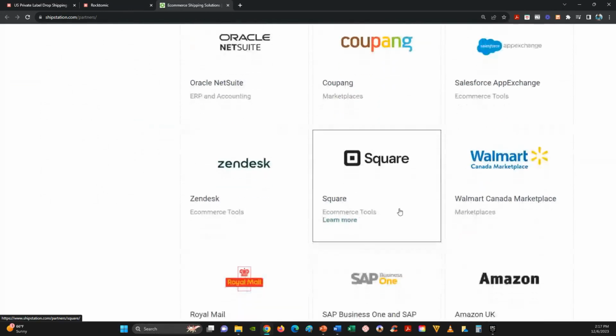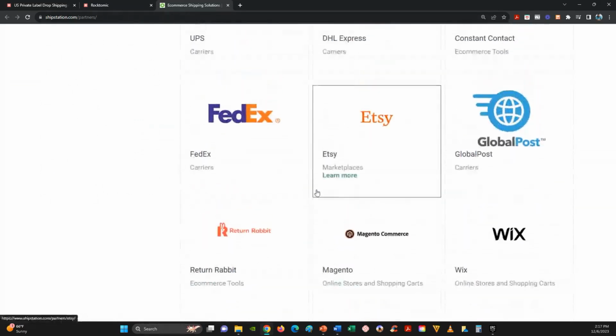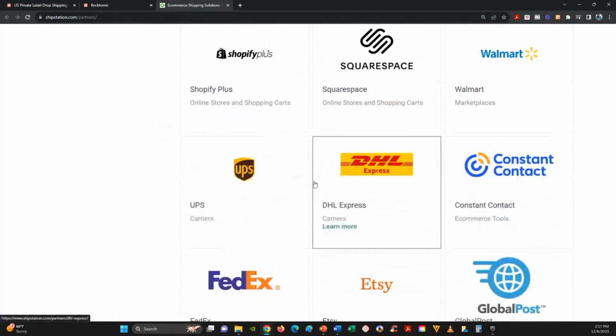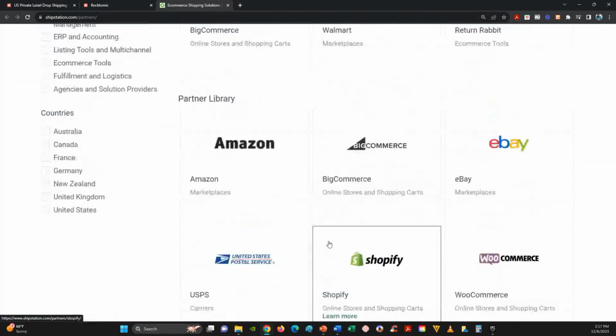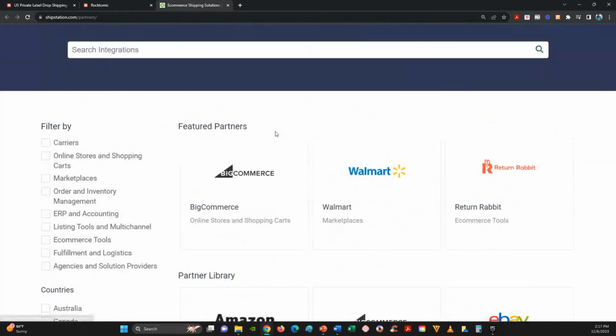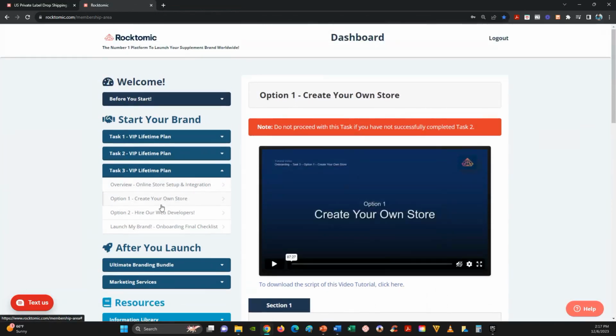So there's a lot of platforms that you guys can sell through, and you can check the list here. If your preferred online store platform is listed here, then that means that we can integrate with Rocktomic. Okay. And then once you watch that tutorial and review that the platform you want to use is in the list, so it's compatible, then you will see that we